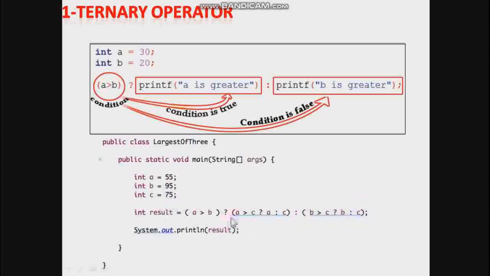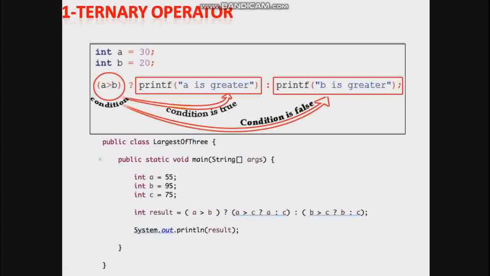So this is the procedure to execute this ternary operator, and it's not compulsory to use another ternary in the place of first value and second value. You can write anything, any expression, any value, any message. Just like in the above example we are using a message, no? So same here, you can write a message, expression, anything at the place of first value and second value. But before this question mark, always use a condition.